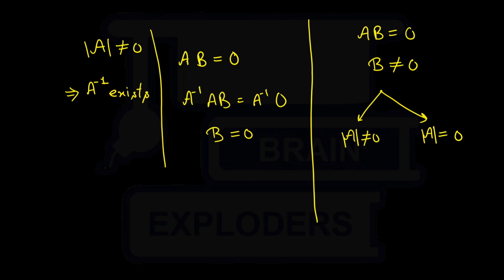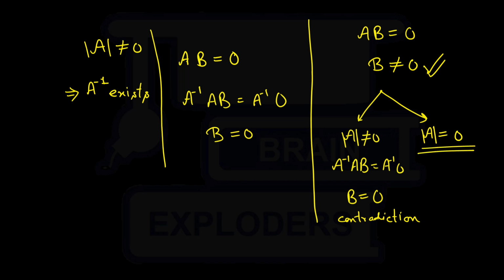If we consider this first situation, then what will happen? We can multiply A inverse to both sides, and we will get that B is equal to 0, meaning B is a null matrix, and it is a contradiction to the assumption that B is not a null matrix, right? And hence the determinant of A is 0